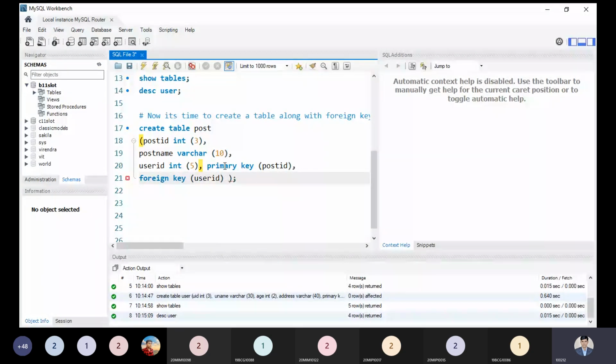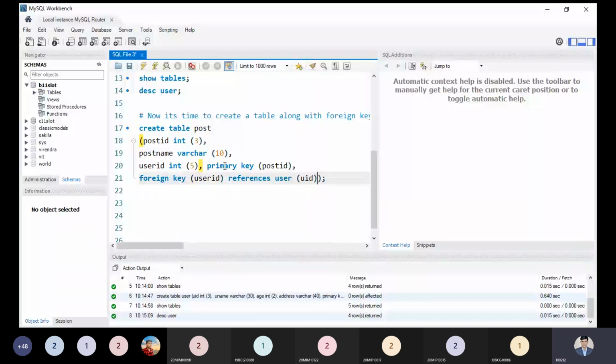So we have to use references. From which table? User. And from which attribute? UID. UID is the name of the attribute that belongs to the user table.